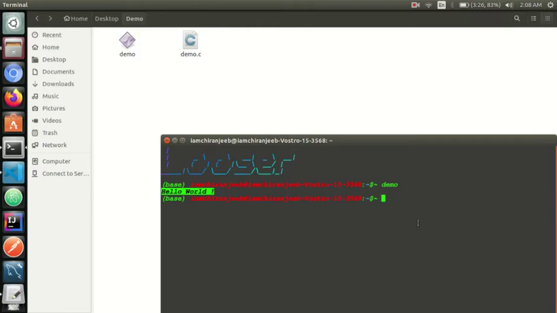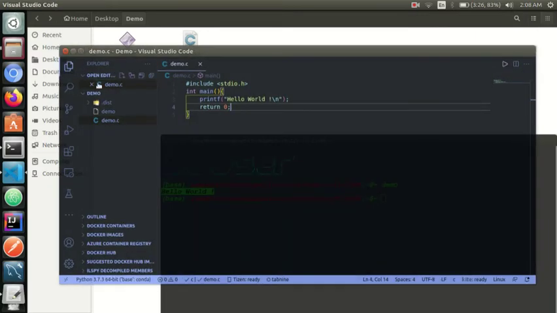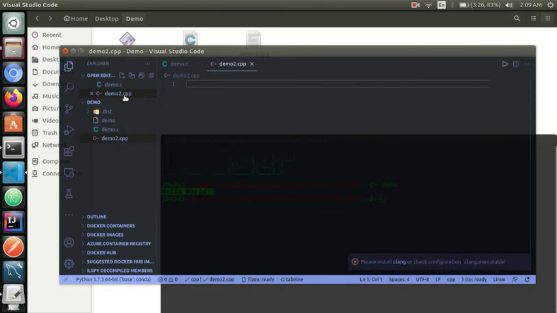Now I will show you how to make a C++ program into a Linux command. I will write a basic C++ program now, the same hello world. I will name it something different. I will name it, let's say, demo2.cpp. Let's write a simple hello world program.